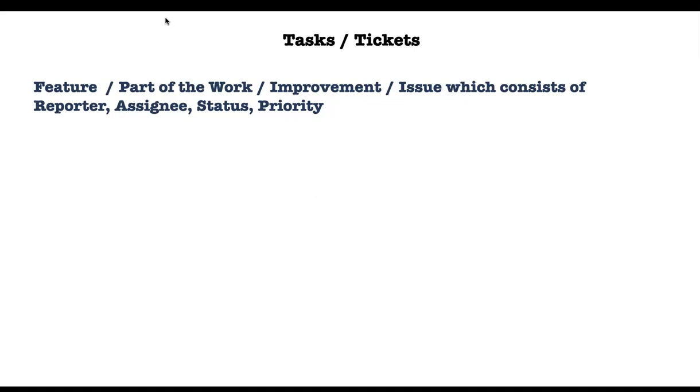Let's say there is one bug. For that bug, it's supposed to be assigned to someone as a developer or a QA team member. And who is reporting the bug? He is the reporter, and who is working on that is the assignee. The bug also contains the status, whether it is in progress or closed or open for development. And it also contains priority. Based on the priority, the developer team should work.